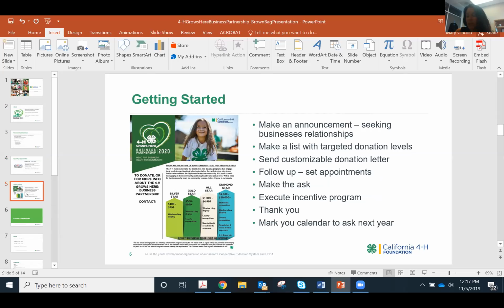Just like I said, making an announcement, whether that's a press release, maybe you include a story, a 4-H story that happened in your county, in your local area, in that press release, and just basically letting people know, you know, 4-H is here, here's the wonderful things we're doing, and we're also looking for your support. It's really a message, and again, the template is in the toolkit, but really just letting people be aware that